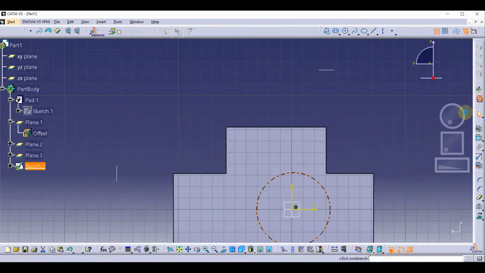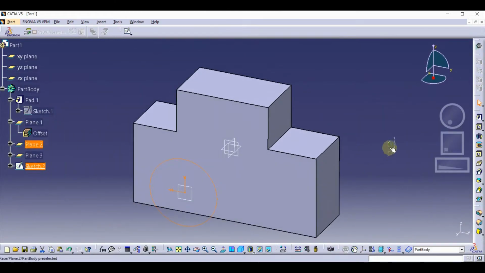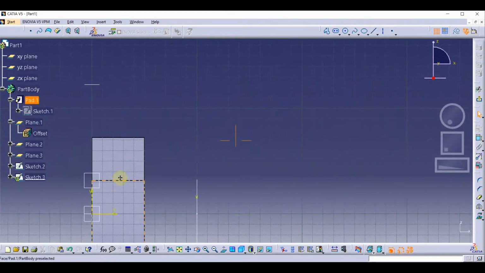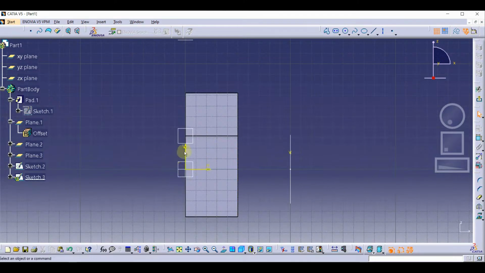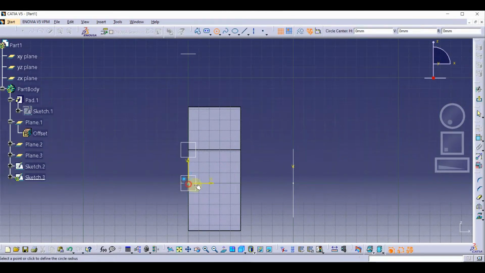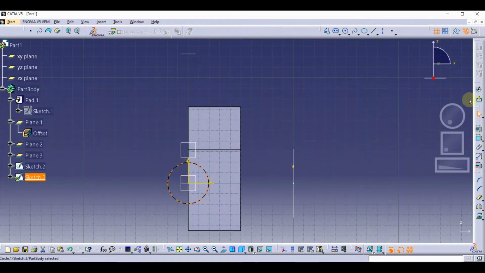Let's exit. You can work on this plane: select this plane and sketch. And exit.